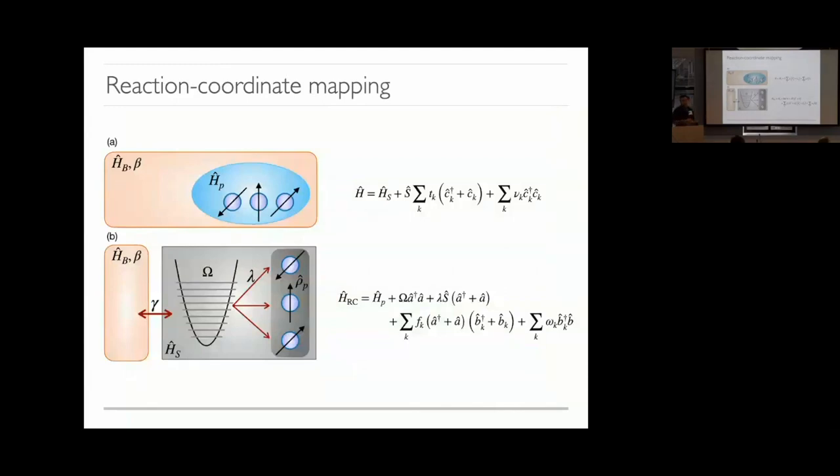The most basic form of a Markovian embedding, most of you already know, is the reaction coordinate mapping. Okay. This is the most basic form. You have your system coupled to your bath, and then what you do is that you extract a single reaction coordinate that now becomes part of your system, and then your now enlarged system, or your enlarged Hamiltonian, becomes weakly coupled to a residual bath. Okay.